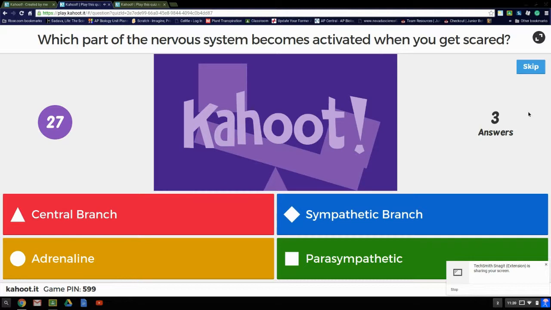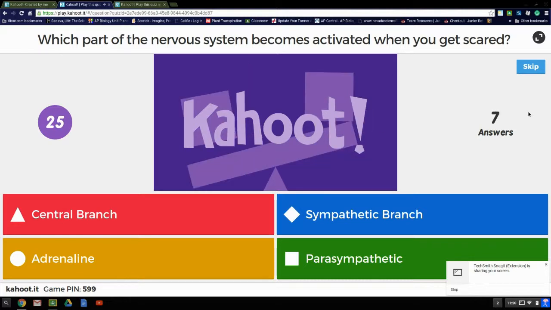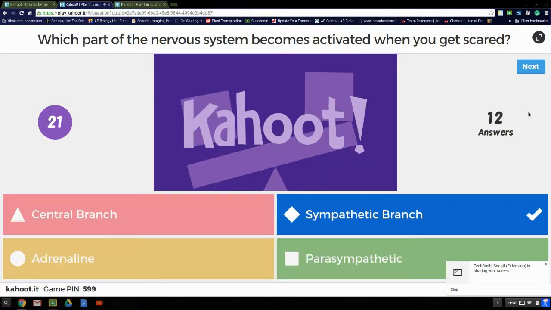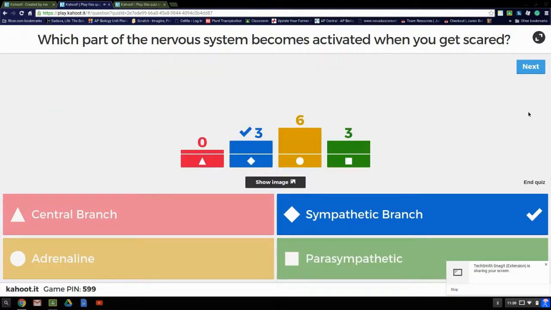The sympathetic and the parasympathetic. The sympathetic speeds everything up, right? This is part of the autonomic response. Isn't it adrenaline? That's not adrenaline. No, but the adrenaline is not part of your nervous system. Adrenaline is just a hormone. It's part of the fight or flight response, but